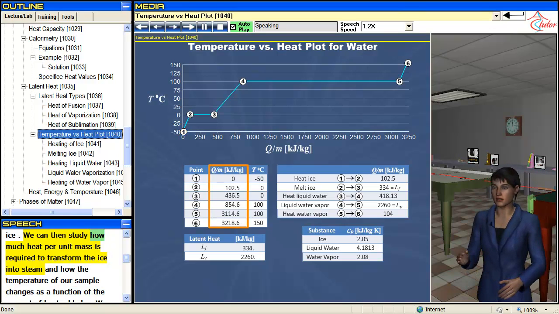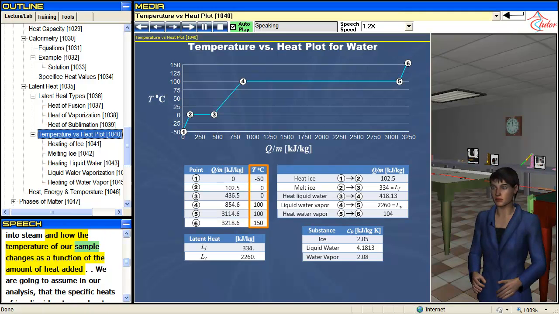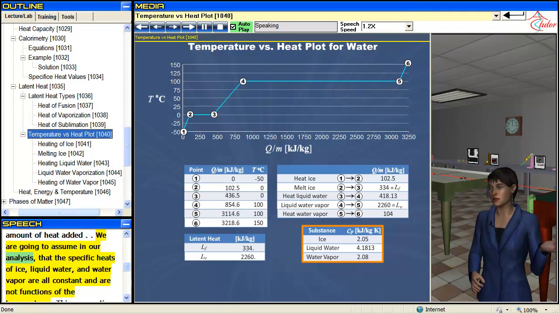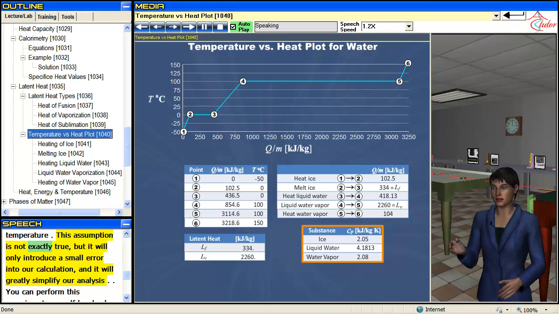We can then study how much heat per unit mass is required to transform the ice into steam, and how the temperature of our sample changes as a function of the amount of heat added. We are going to assume in our analysis that the specific heats of ice, liquid water, and water vapor are all constant and are not functions of the temperature. This assumption is not exactly true, but it will only introduce a small error into our calculation, and it will